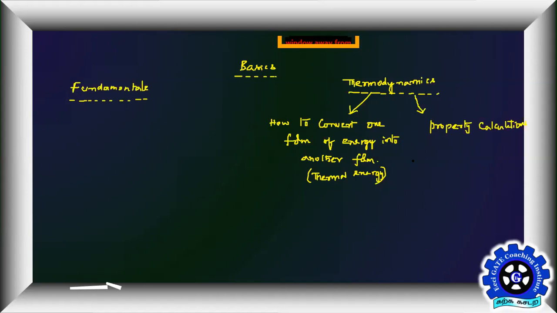A property can be, I'll give some list of properties just to get a feel. A property can be a pressure, P. A property can be a temperature of your system, T. A property can be a volume of your system. If it is a flexible system, you will see some change in volume during your conversion of energy. So we basically deal with these kind of properties.